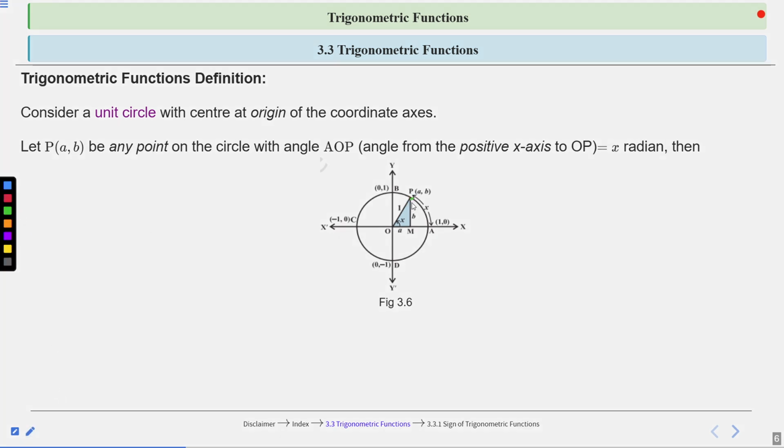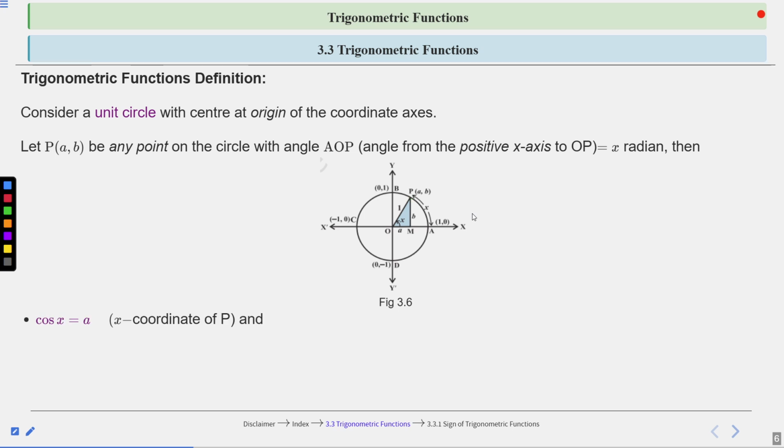We have taken a point P having coordinates A, B, be any point on the circle with angle AOP, the angle from the positive x-axis to OP. So angle AOP is equal to x radian. We have taken x radian, right? Clear? Angle AOP we have taken x radian. Then